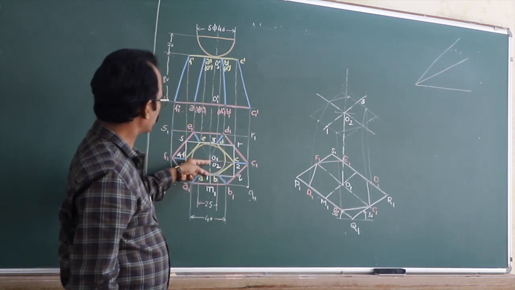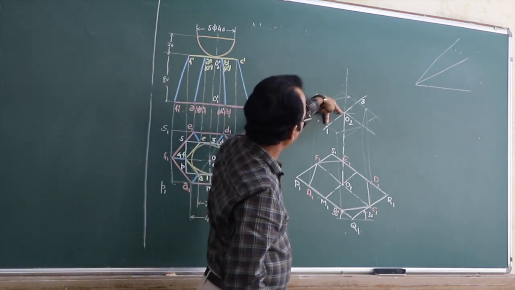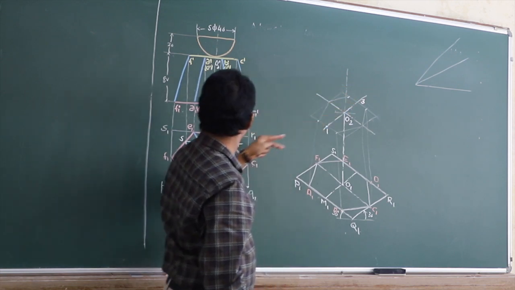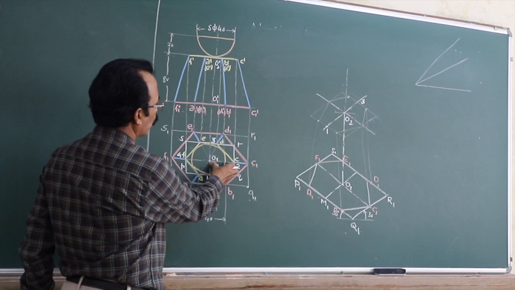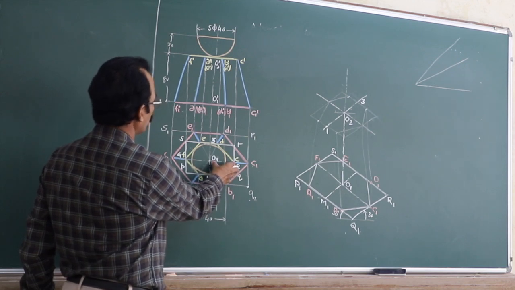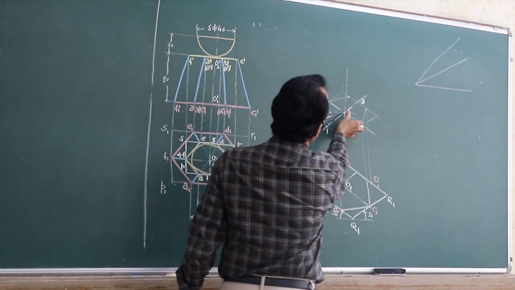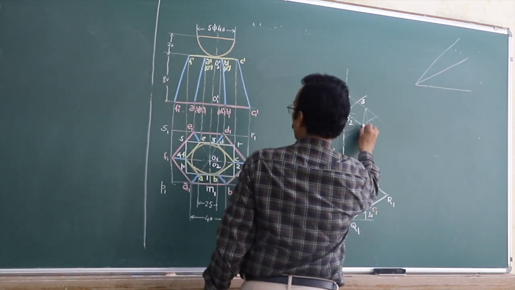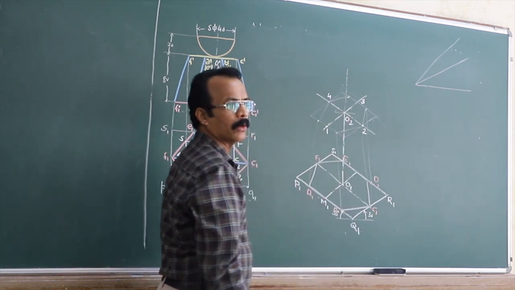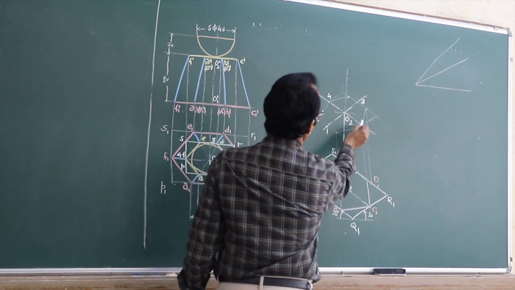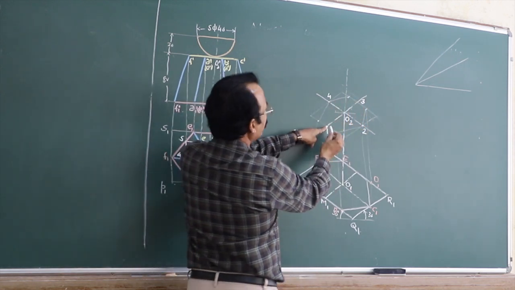So you take this distance, O21, get it converted, come and mark it here. Same way you mark O23 also, which will be the same distance. Then you take this distance, O22 and O24, it will be the same distance, get it converted, come and mark O22 and O24 here.